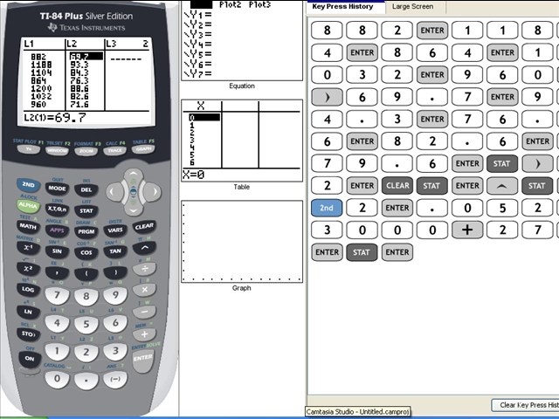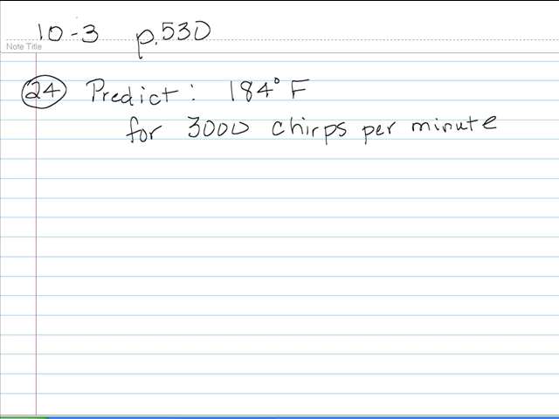So the value of 3,000 chirps in 1 minute is well beyond the scope of the available sample data. So extrapolation might be off by a considerable amount if a cricket could indeed chirp 3,000 times in a minute. So there is a problem with that, even though we were able to make a prediction and come up